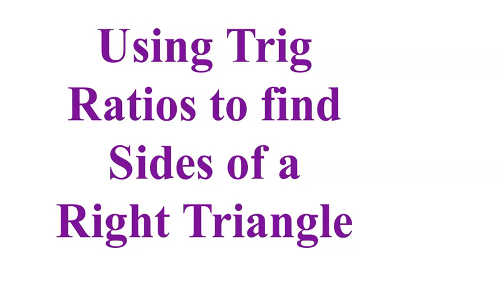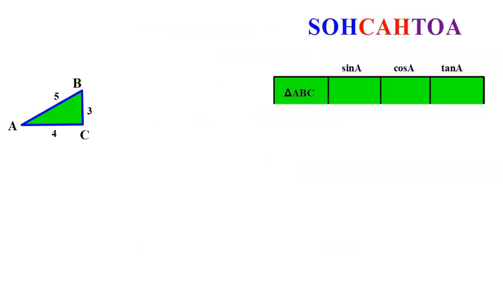Hello class, today we are going to use trig ratios to find the sides of a right triangle. Alright, so now just to remind you, trig ratios, that is sine, cosine, and tangent. I have our mnemonic up here, SOHCAHTOA, to help us remember what those ratios are. So real quickly, before we go into finding the sides of a triangle, we're just going to remember what those